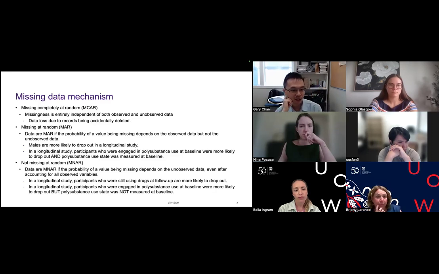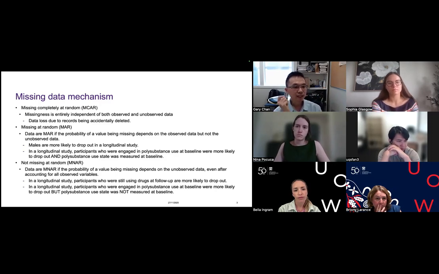This is the scenario that unfortunately no statistical method alone would be able to handle. So what is the definition of that? Data are missing not at random if the probability of values being missing depends on unobserved data. So that's data that you were not able to observe, even after accounting for all the other observed variables in the data set. Like for example,